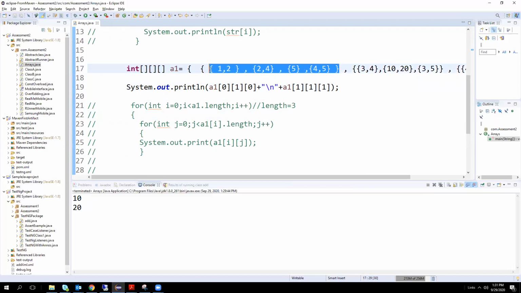Then 1 means in this set, where is the index 1? 2, 4. This is the first index. Next, in this location 0, at the 0th index, the value is 2. So it will print 2 only.